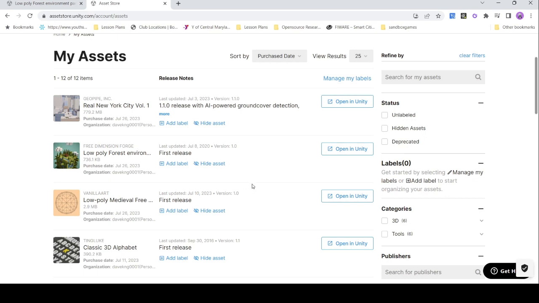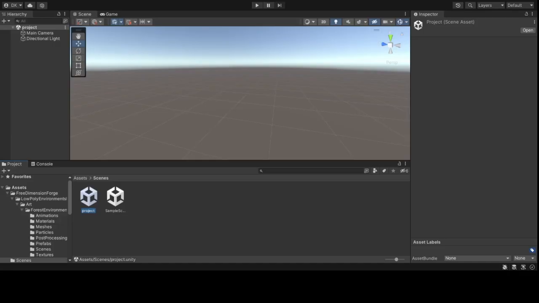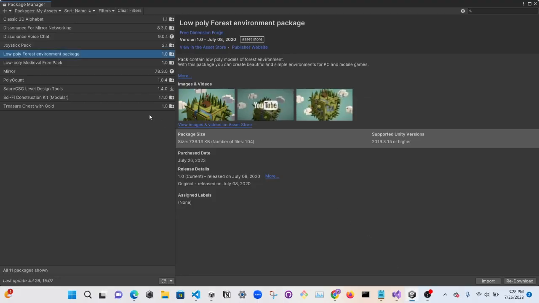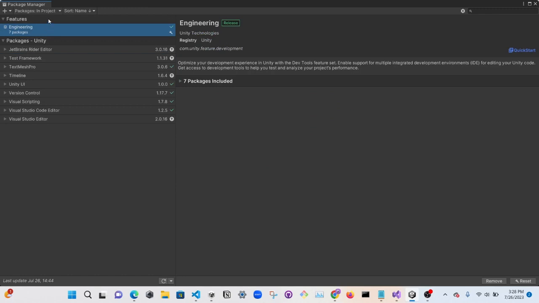So anyways, we're here right now, so now let's go back to Unity and let's get those assets. So we want to go to package manager, so window, package manager. Here's package manager, and then you want to click packages. You might be right here. You want to click this and go to my assets,